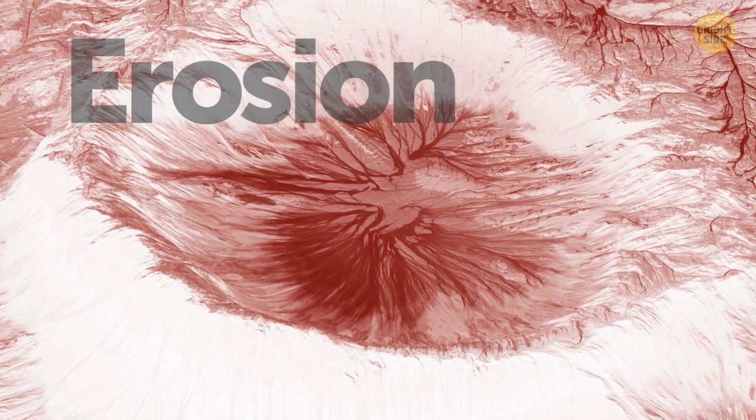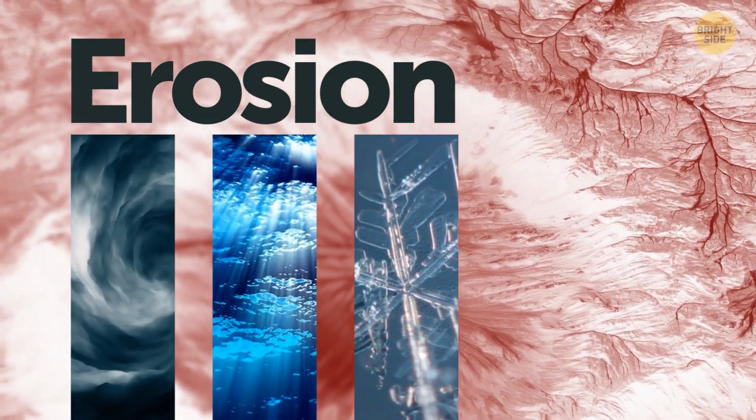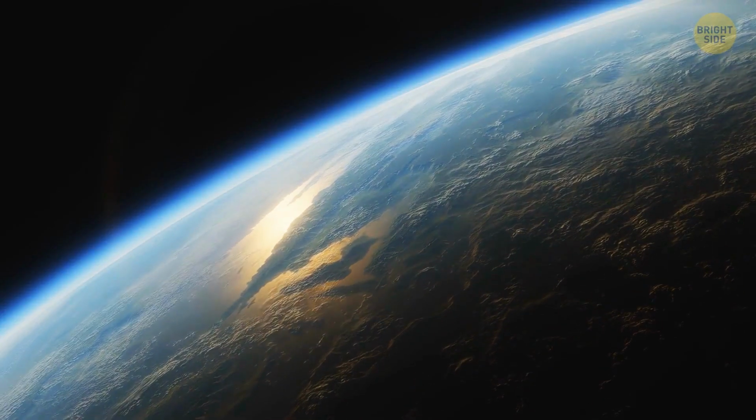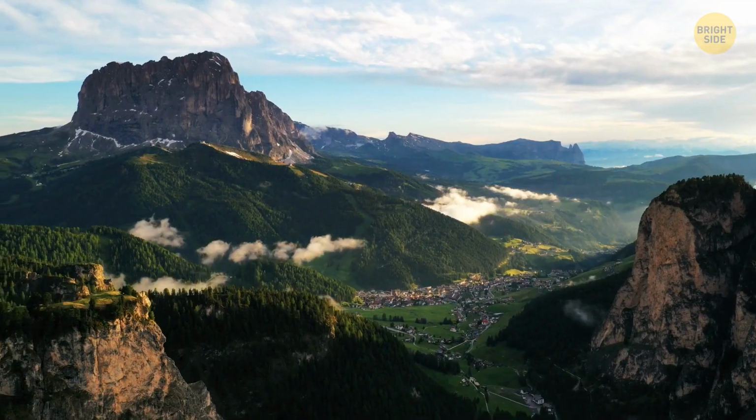Craters are also big here, sometimes more than 160 miles in diameter, and some of them show signs of filling and erosion. Erosion is when land is worn away by natural forces such as wind, water, and ice. It's the same process that formed many interesting things that you can see on the surface of the Earth, like valleys, coastlines, peaks, or mountains. The fact that some craters are there because of erosion tells us that tectonic forces must be slowly changing the